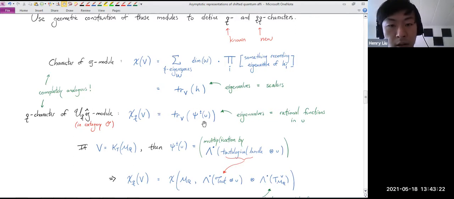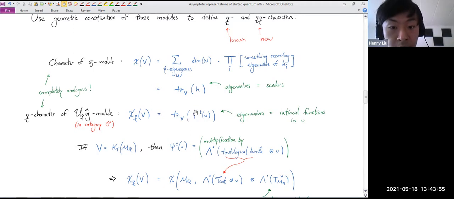Okay. So however you chose to package the classical character, I will package the Q character in exactly the same way. So we'll take the trace over the quantum affine module V of these psi plus minuses. And for a fairly big class of modules, namely the ones inside category O, for some suitable notion of category O, which I don't want to get into,